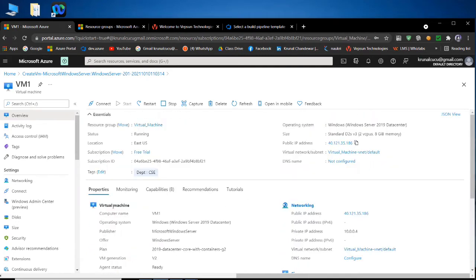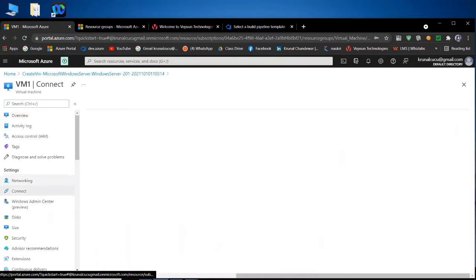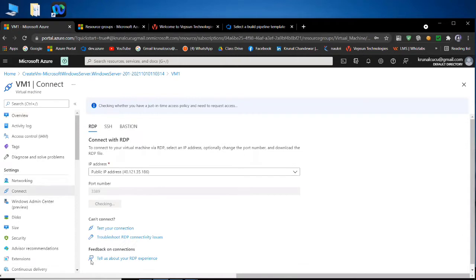Okay. Now what we will do, now we will connect this virtual machine, because after connecting only you will get the output of your virtual machine. So I will press connect, and I will click on RDP, because our Windows machine will work with this RDP port. And after clicking RDP, my RDP file will download.